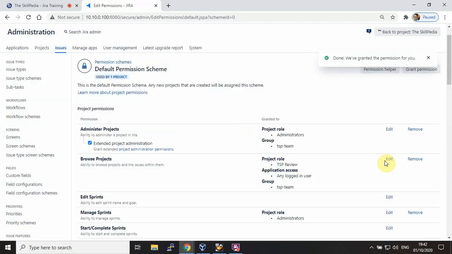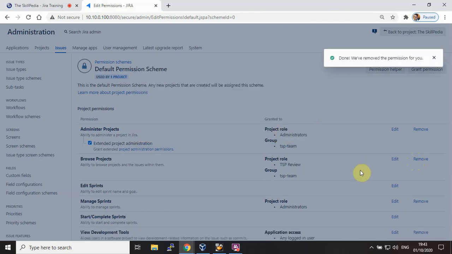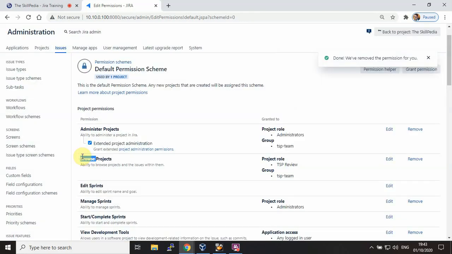So grant it. So now this browse project is given to TSP review, project role, and application. Let's remove this, actually we should remove this. We remove this application, remove. Now therefore this browse project is now granted to one specific role TSP review, granted to one specific group TSP group, right? This is how we can work.